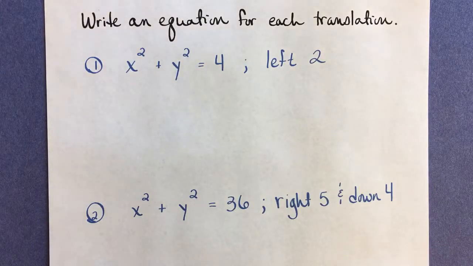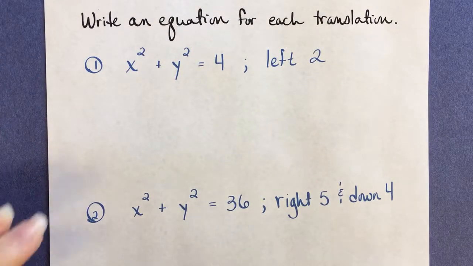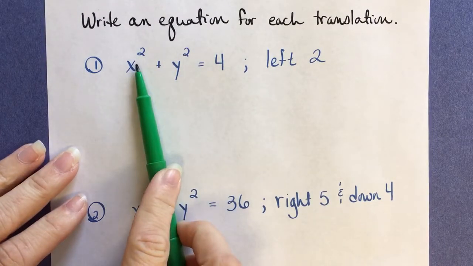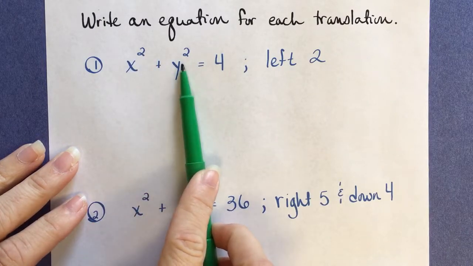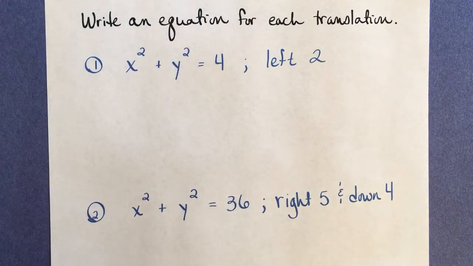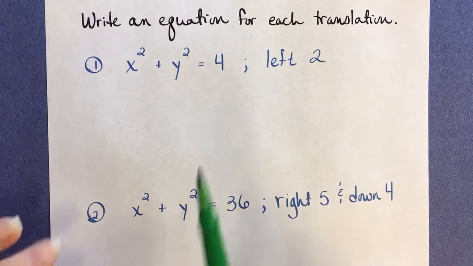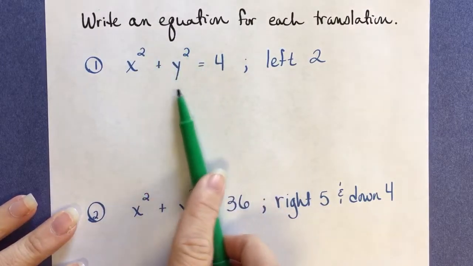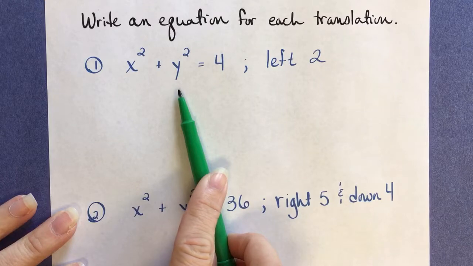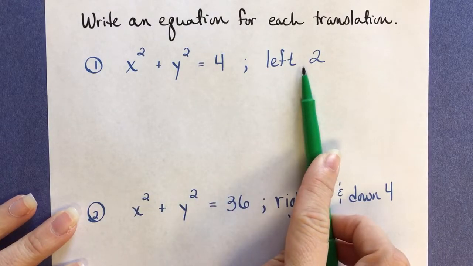Okay, so now we're back to writing equations, but the way the equation is written here, because I don't have anything added or subtracted with the x or the y, that means they're both understood zeros. That would be like your center being located at the origin, at the point 0, 0. So they're wanting you to take this, which is located at the origin, and shift it to the left 2,